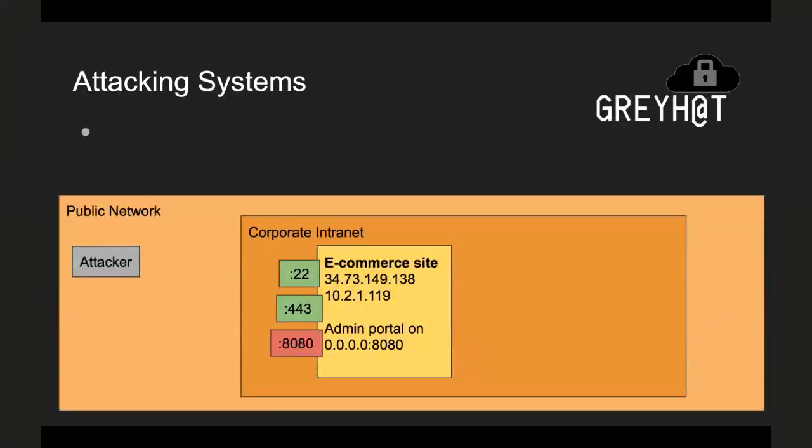So to give a good example and to kind of frame when you would be doing this, when you would be using Metasploit, when you would be attacking systems, is when you start off in a pen test, you might be outside the network, you might be inside the network. But if you're outside, you might have access to port 22 SSH and port 443 SSL, a web service port, but you might not have access to 8080 yet, because that might be behind the firewall, as indicated by the